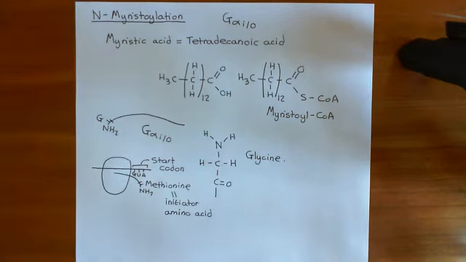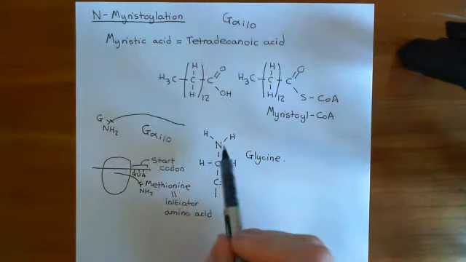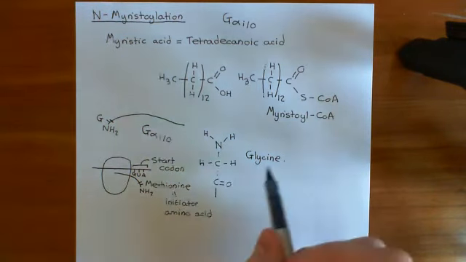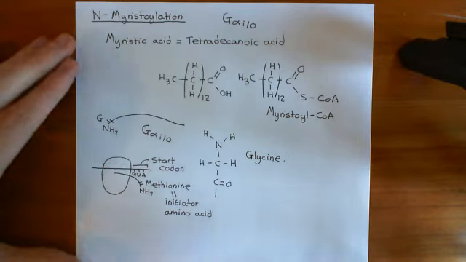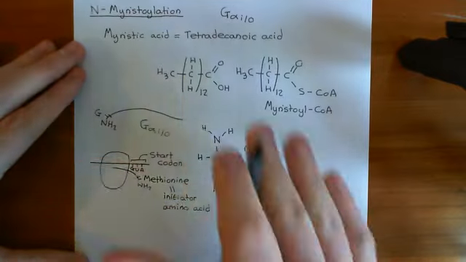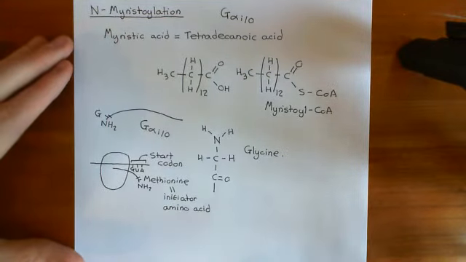Now, you often remove the methionine. So even though when you first translate the protein it is there, often what will happen is you'll cut it off. That means that the second amino acid in the original polypeptide will ascend to the title of the first amino acid. And if that second amino acid was glycine, then your first amino acid in the polypeptide will become glycine. And if your first amino acid in the polypeptide is glycine, then N-myristoylation can occur. So this is going to occur for all of the members of the G alpha i/o family of alpha subunits of